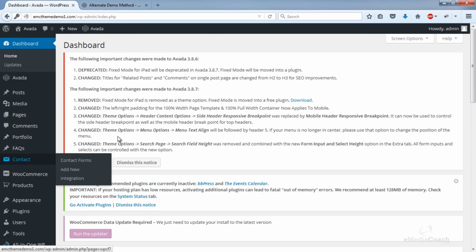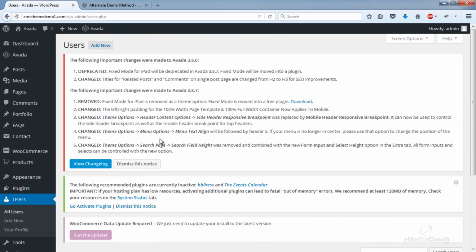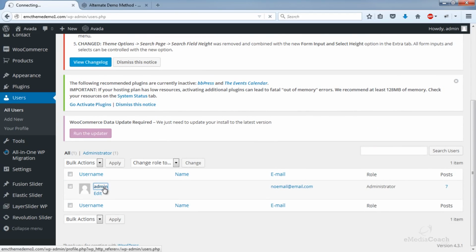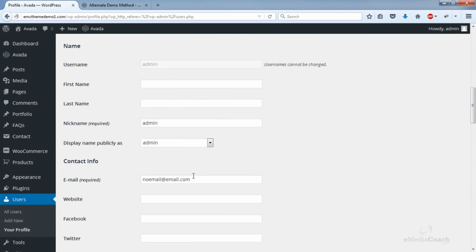Cool. Now, of course, it's probably best that you go back into users and update your password from here on in. Also, update your email address because that would have overwritten your email address as well.